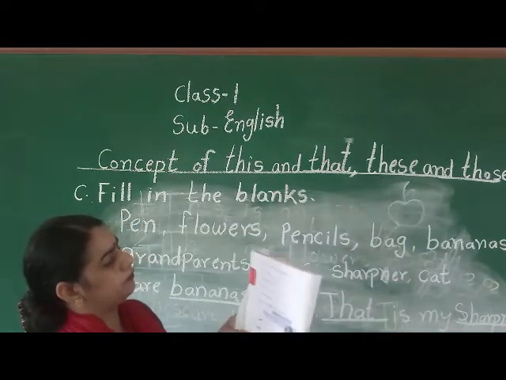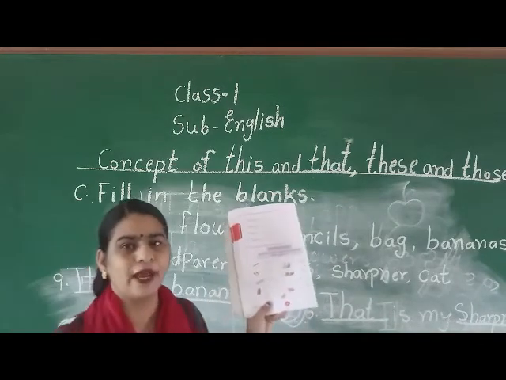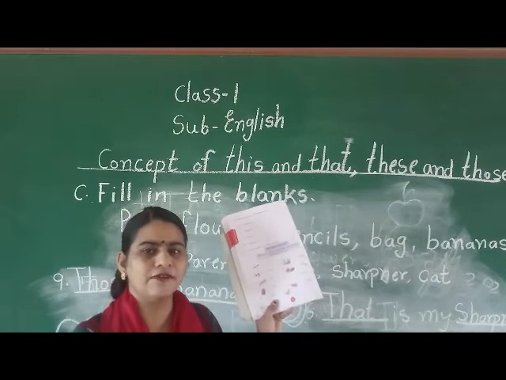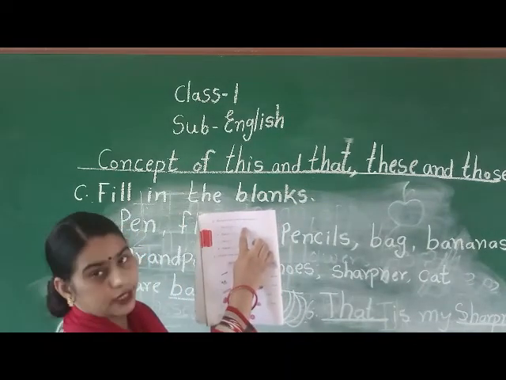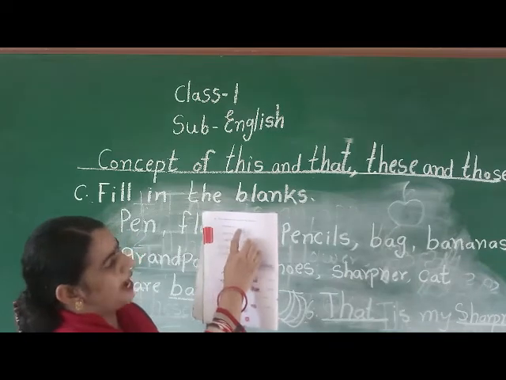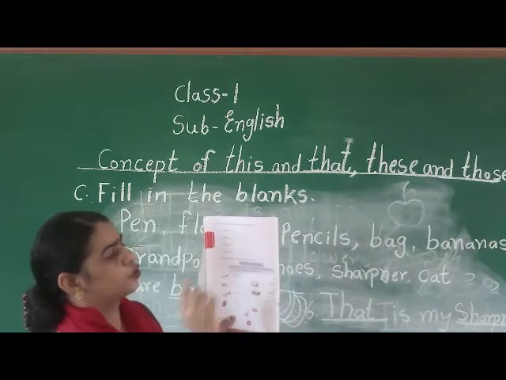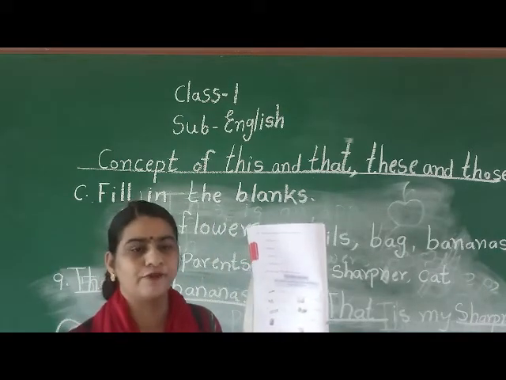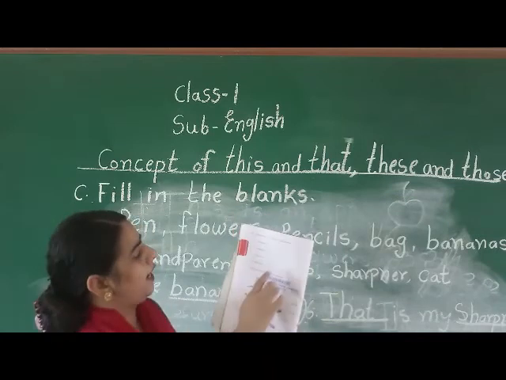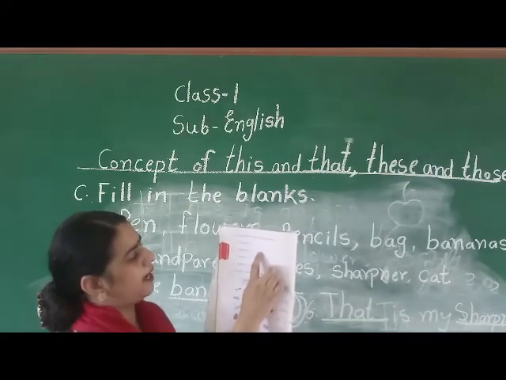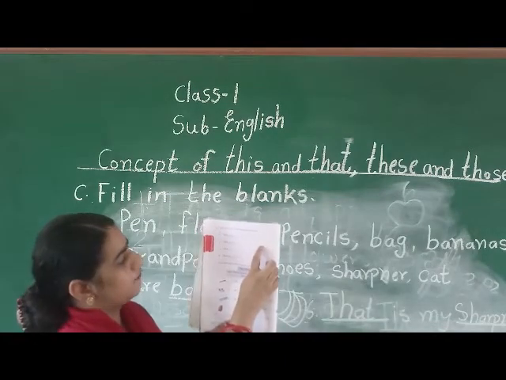Now after that, you have to draw the pictures. Okay. This is an apple. So how many apples you have to draw in your book? Only one apple, and you have to draw here nearby. Okay. You have to draw here nearby, and this is an apple. After that, these are flowers. So you have to make flowers more than 1. It's up to you. 2, 3, 4, 5. It's up to you. And you have to make them nearby this sentence. These are flowers. So here you have to draw the flowers.